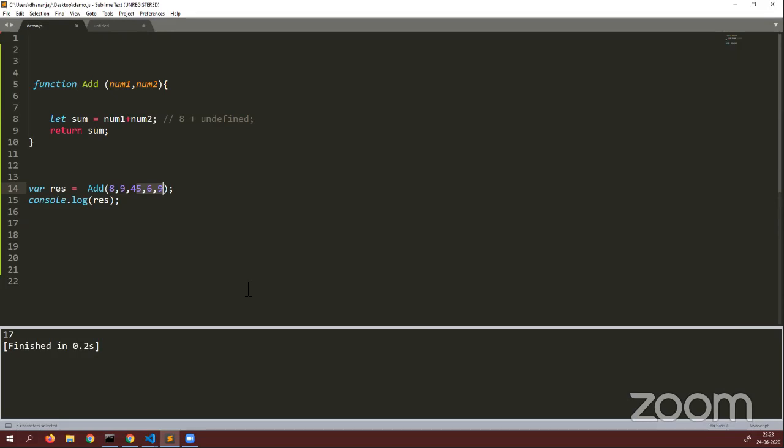Can we access these extra parameters inside a JavaScript function? Is there any way that we can access it? Is there any way we can use it, or does JavaScript completely ignore it? These questions may come to your mind. Now what happens in JavaScript is that whenever you call a function, besides all these arguments which you